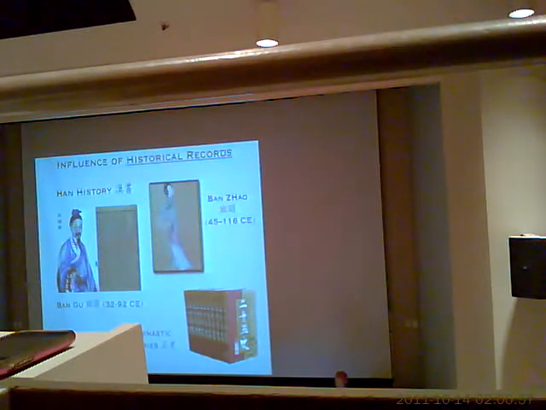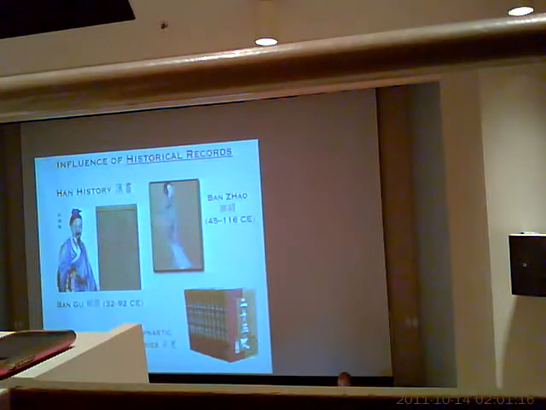So Bang Gu wrote the first dynastic history, and by present day there are now 25 of these dynastic histories. There is actually a draft history of the Qing dynasty, because no imperial dynasty followed the Qing dynasty. No one's actually written it. No one's undertaken that job. It is in draft form, a huge draft history of the Qing dynasty. I don't think that's included in the 25 histories. The 25 histories are all different dynasties which have their own separate histories.